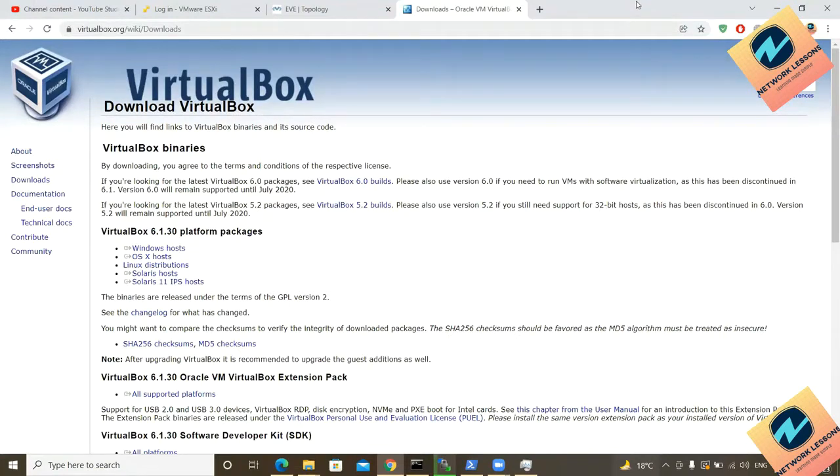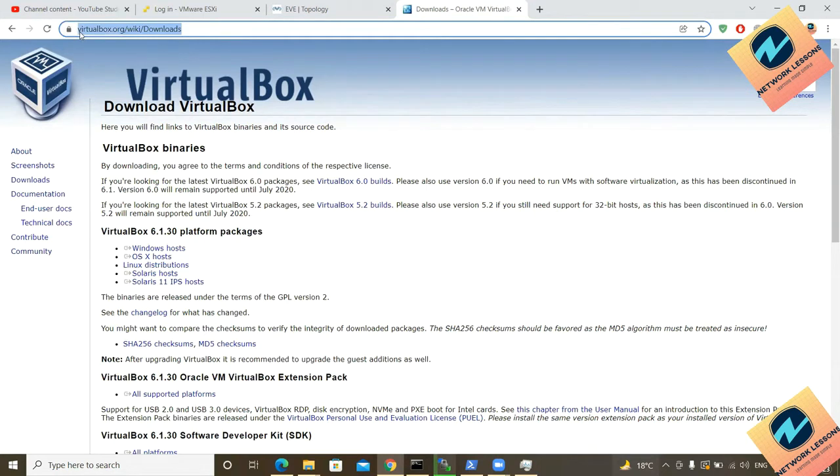I'm Zubair Altaf Qureshi, and in this video, I'm going to show you how you can install Ubuntu Linux on your VirtualBox. So first of all, you need to download the VirtualBox itself. So go to this website, which is